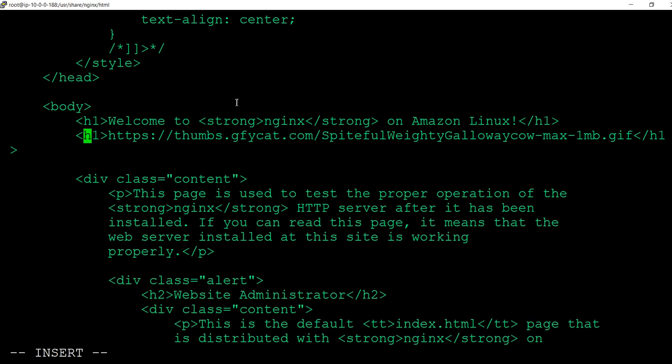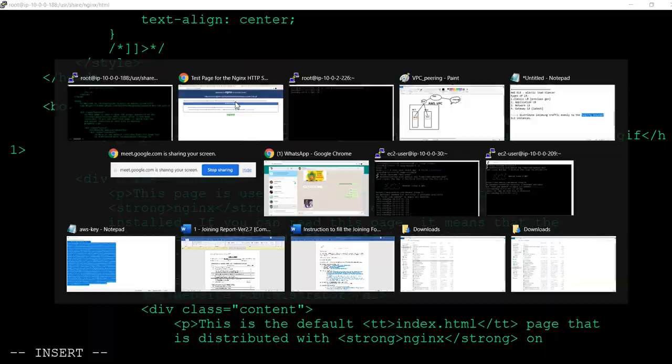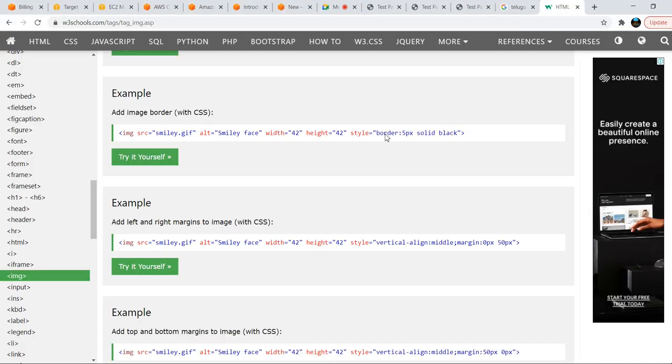Insert. Just delete this img, and what is it that they are using?